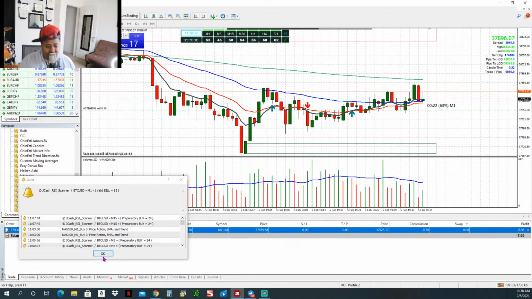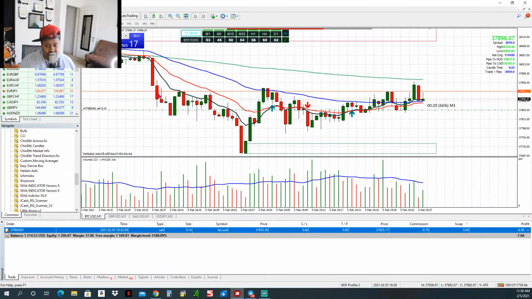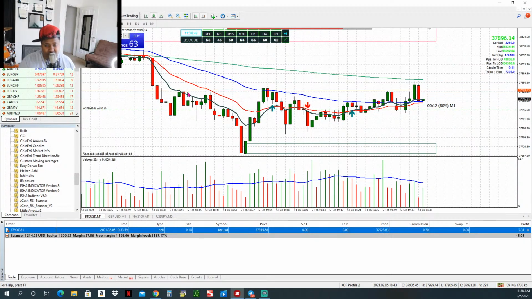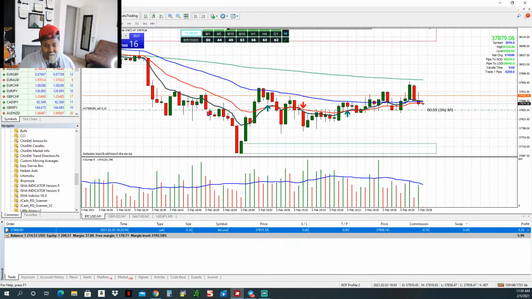Sell on this. So yeah, I would have closed out here and then let it go and do its thing on this. Would have come here, respected this area, would have dropped. I still would have been like, I don't know. It came back, and then once it came here and opened up this candle, the way that I trade would have put in another sell, and it would have ended up coming out here